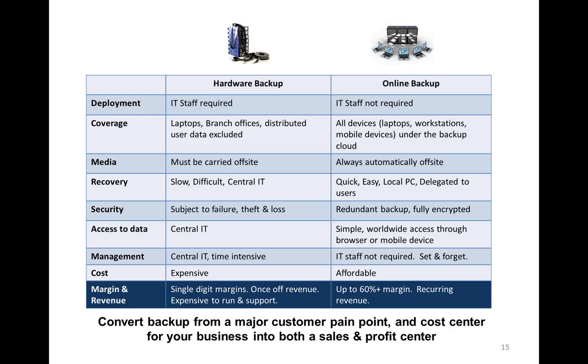Security. Tape-based backup software solutions have encryption built into them from the ground up. Securing those tapes is then an additional cost associated with running these solutions. Whereas again, with online backup, security is baked in. Across the industry now, there's pretty much an industry adoption of military-grade encryption. We use AES, for example, but generally encryption across the whole online backup industry is now